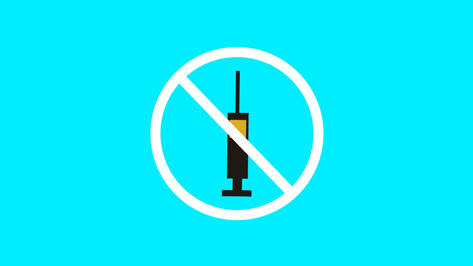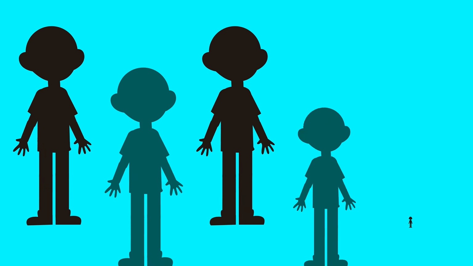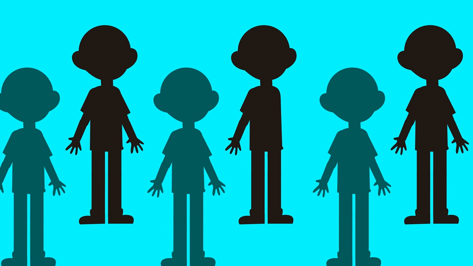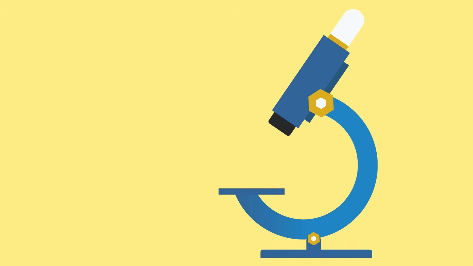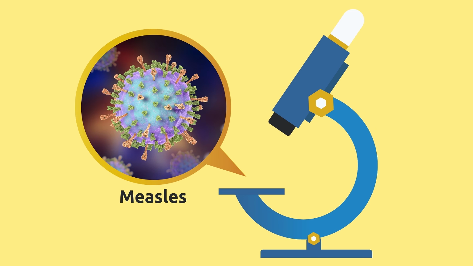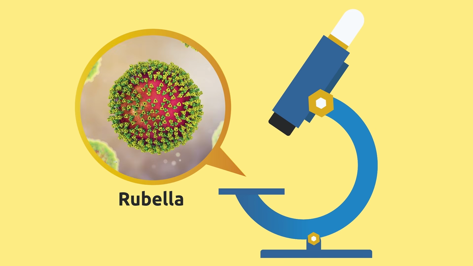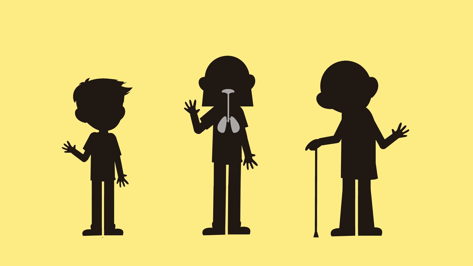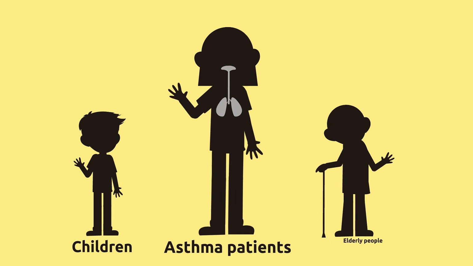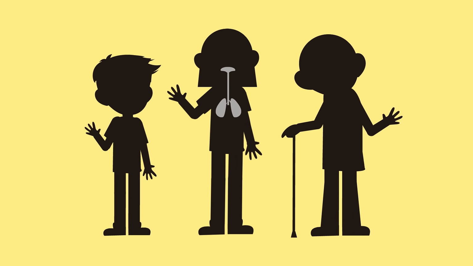To tackle this problem, scientists all over the world work hard to find vaccines that will save millions of lives in the future. Other diseases caused by a virus attenuate their effect the moment we get infected, but thanks to vaccines, they are not lethal. These diseases are measles, rubella, or mumps. However, high-risk populations like children, asthma patients, or elderly people should be vaccinated every year.